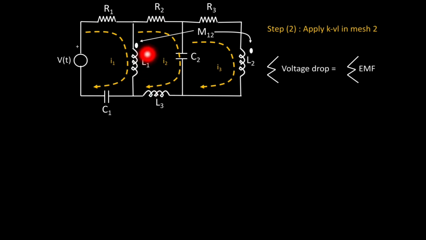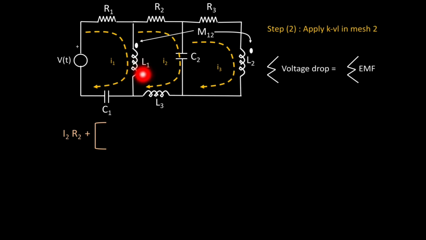So let us start from this R2. So for R2, what will be the voltage drop equation? So which current is flowing through R2? That is I2. So we will write down I2 into R2. Then again we will put plus sign. Okay. Now after that we will write down the voltage drop equation for this coil, that is L1. So we will take big bracket again. So why we are taking big bracket? Because L1 is mutually coupled with L2. So we need to write down two voltage drop equations, that is because of self inductance and second because of mutual inductance. So first of all we will write down the voltage drop equation because of self inductance.